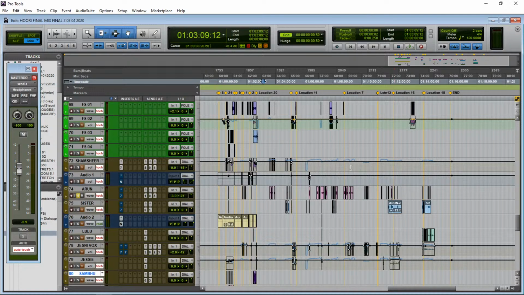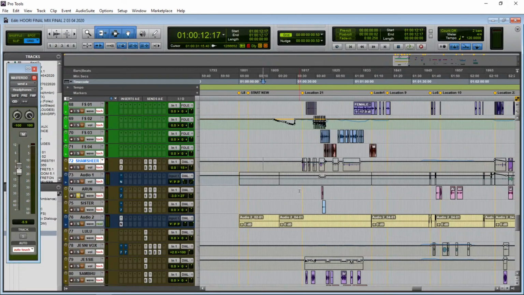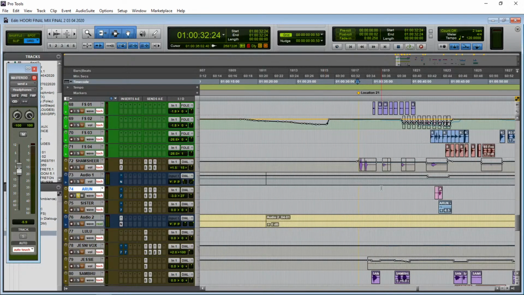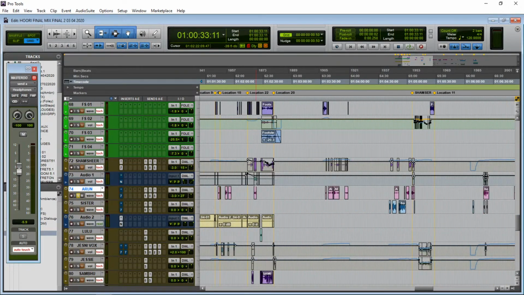And talking about send, send is a bit complicated to explain, because you use sends in different scenarios. In general, I cannot say in general also. One situation where we use sends is for time-based processing or something called reverb and delay. So we don't usually insert reverb plugins on our track itself. We use sends. So the benefit of using sends is you can, as we saw earlier during the dialogue